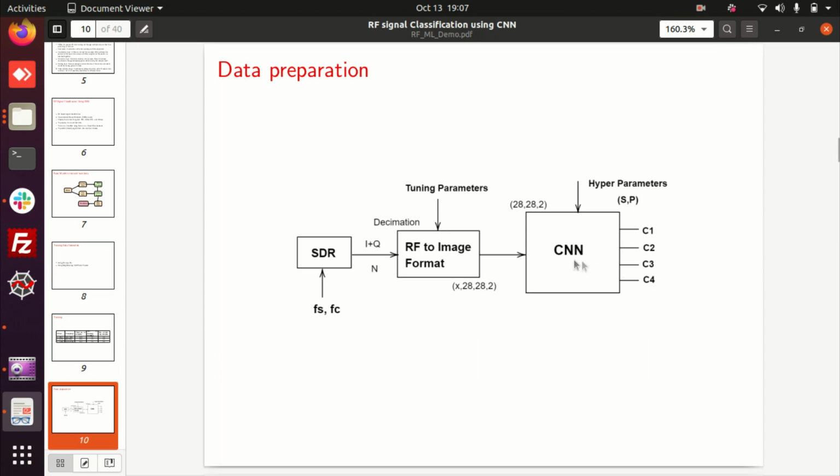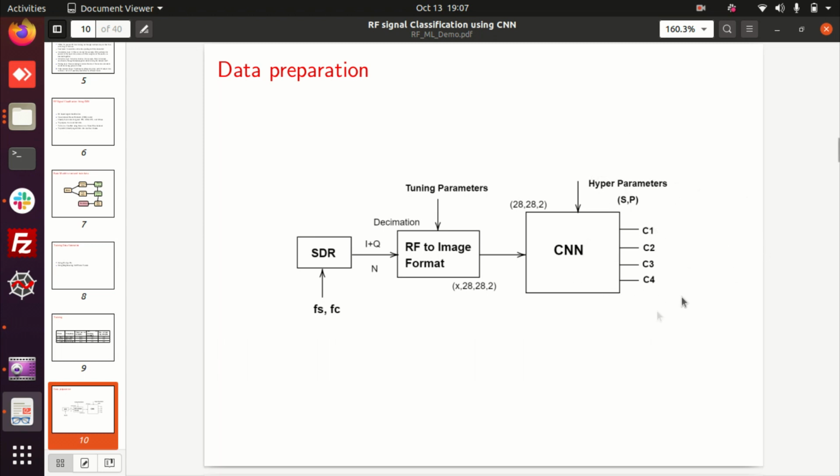Convolution neural network. We have seen what layers are present in the convolution neural network. So the input to this convolution neural network is a 28 cross 28 cross 2 image. Based upon some parameter tuning here, such as the filter size and kernel size in the convolution layer and max pool layer, and the number of filters, all these are the parameters we are tuning.